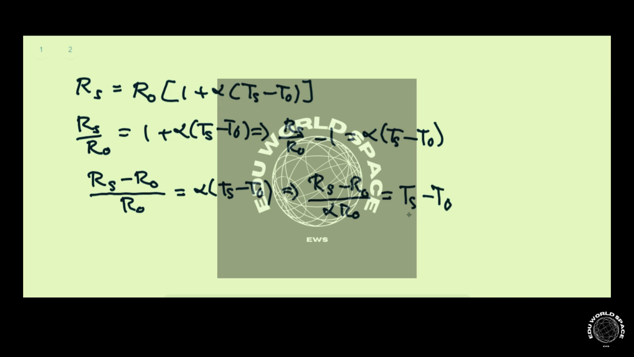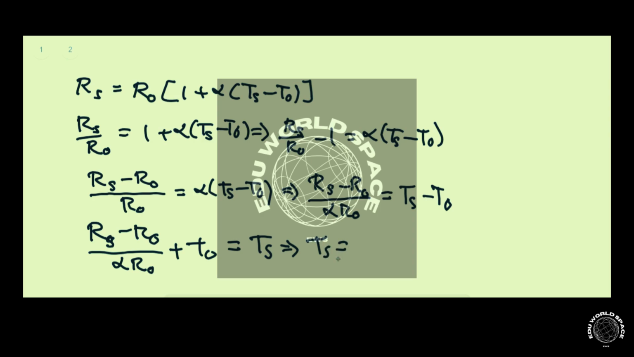And then finally, to isolate TS, we just move T naught to the other side, so we have RS minus R0 over alpha R0, plus T naught, is equal to TS. So we have everything here on the left-hand side. If we plug in all the numbers that we have, then we'll have